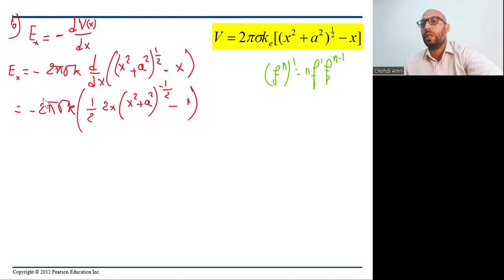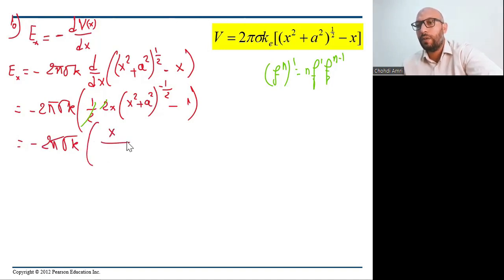That's all. We are done. You see here that we have half and 2. We will cancel this. So we're going to get minus 2 pi sigma k x, let's a factor of x over square root of x squared plus a squared